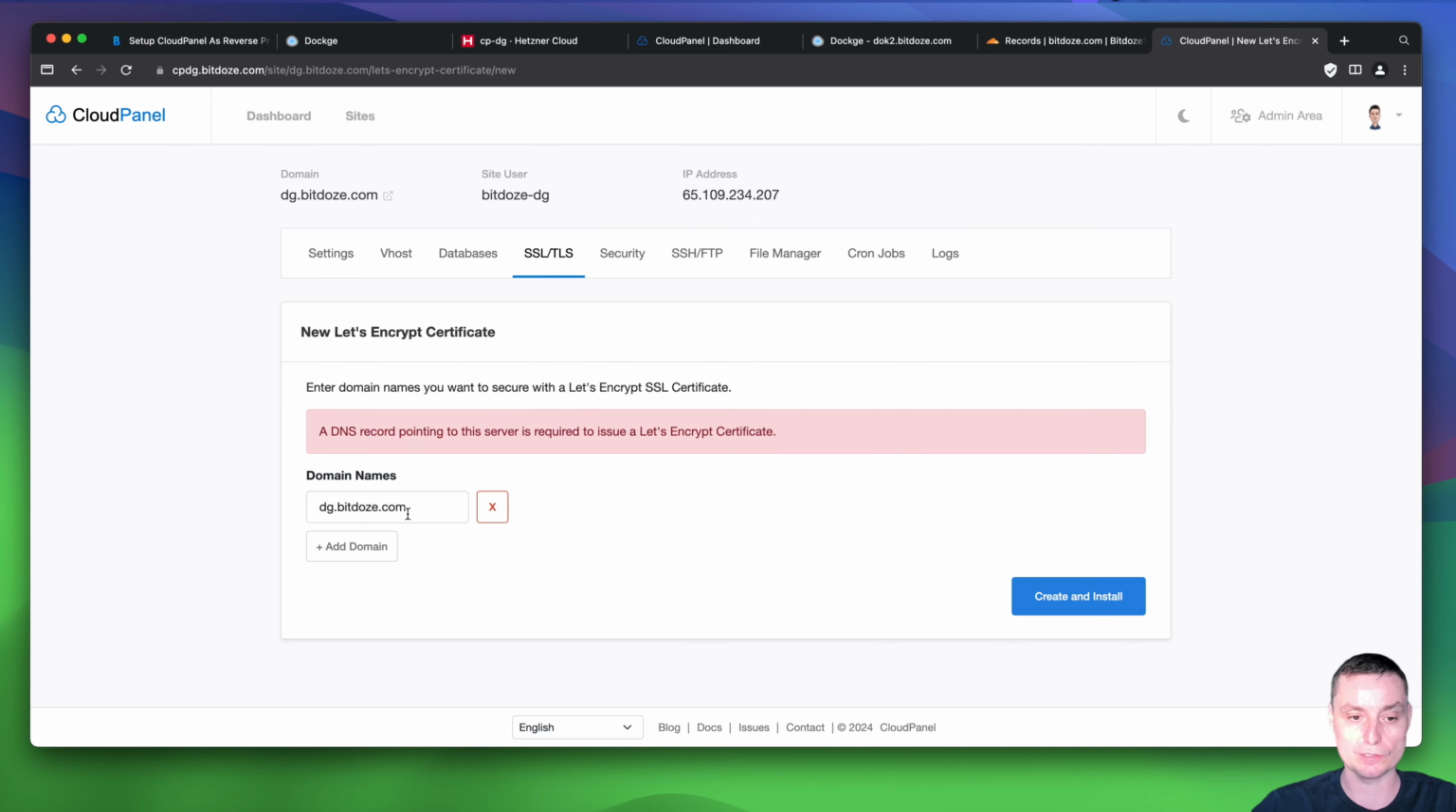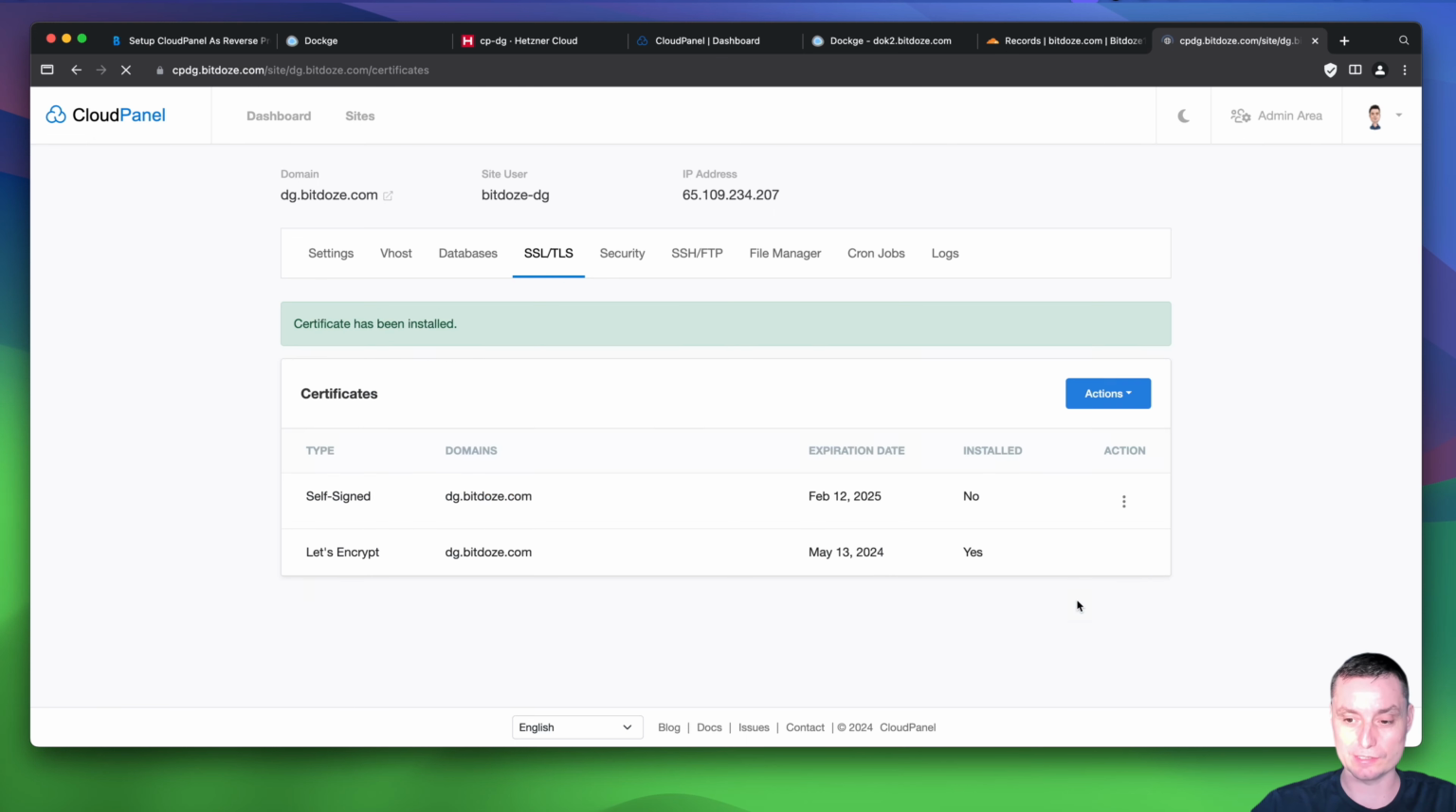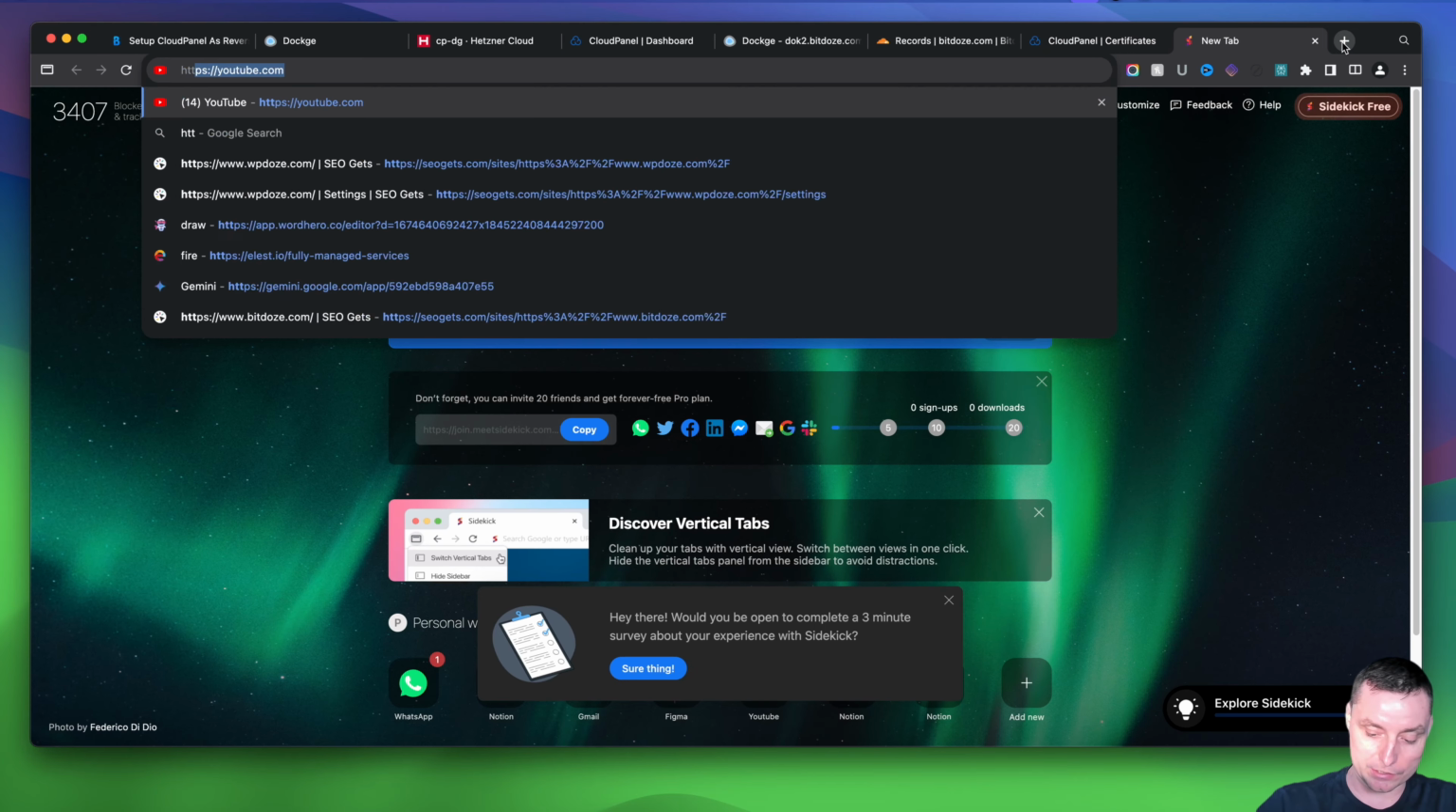You see in here you have the domain that we've added in Cloudflare, and I'm just going to hit create, and this should create the SSL certificate for us. And afterwards we can access the installation. So you see in here that you have the Let's Encrypt certificate, which is installed. What we're going to do right now is go to HTTPS,